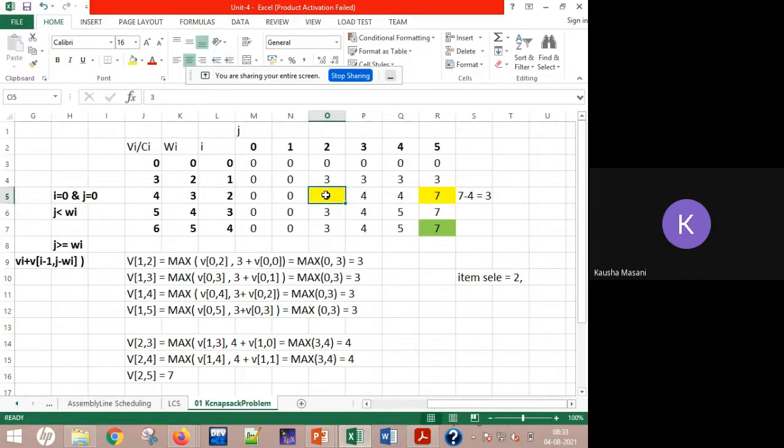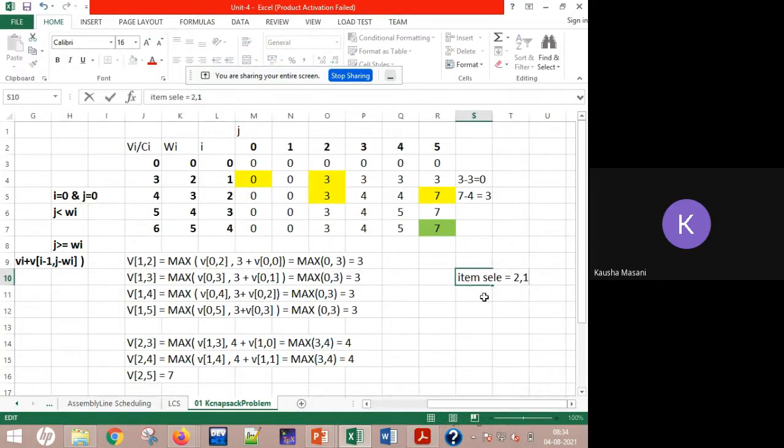Now you again see from this, you have 3 here. Go one row above. Again, it is 3. Now here and above here it is 0. So at this particular point, you are again going to do the difference. 3 minus 3 is equal to 0. So pointer is going to point here to this 0. This is the end because we reached the last intersection point. So item number 1 will be selected.